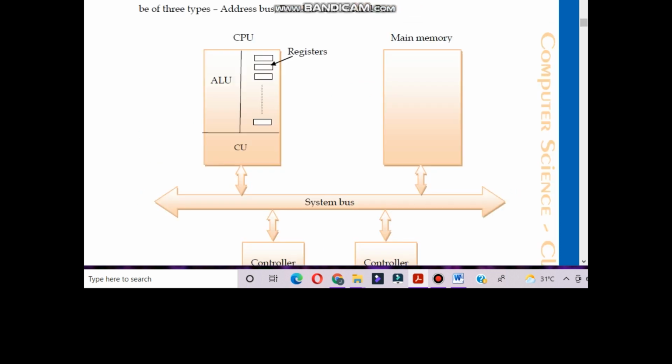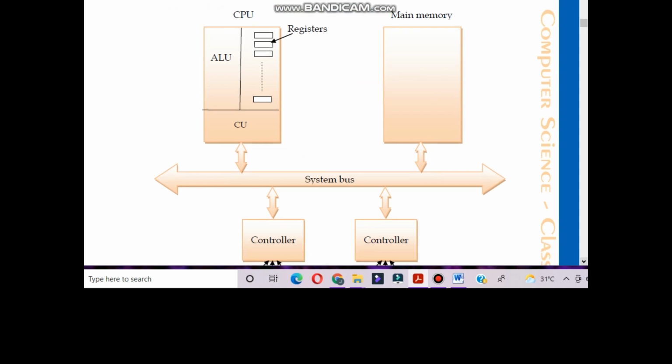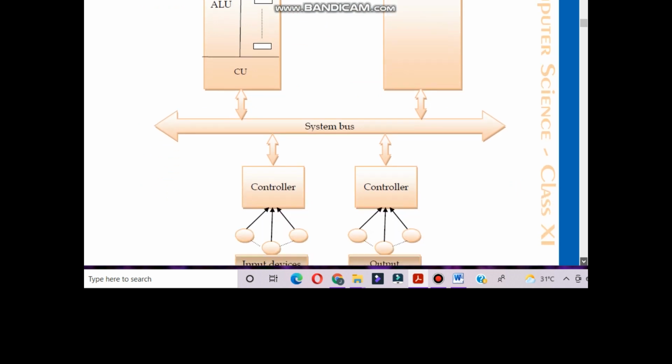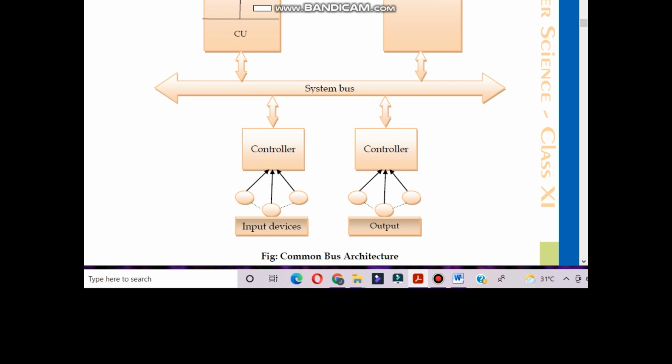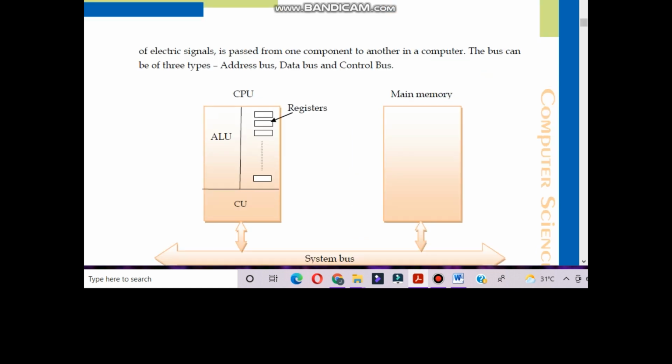Here you can see the controller circuit. It's a very easy diagram. Input devices use the input controller circuit, and data goes into the CPU. Data can be logical or arithmetical, isn't it?